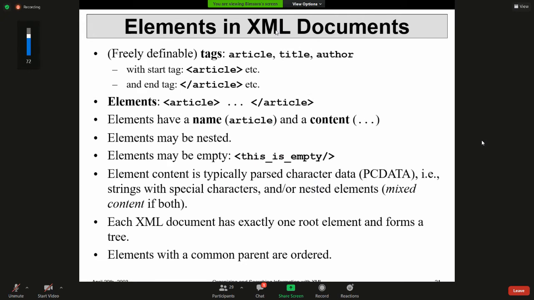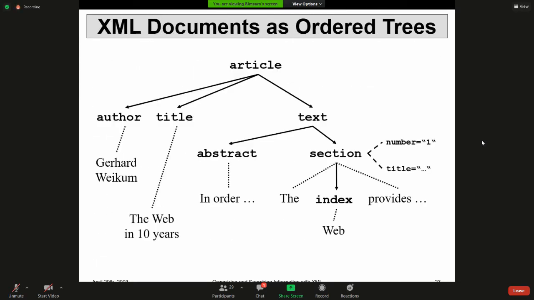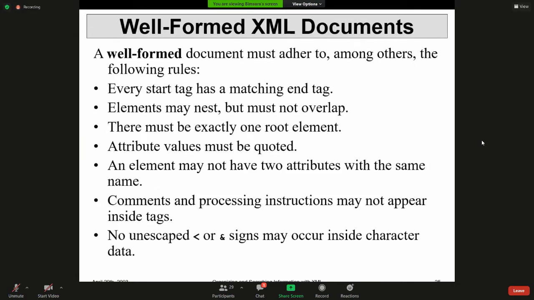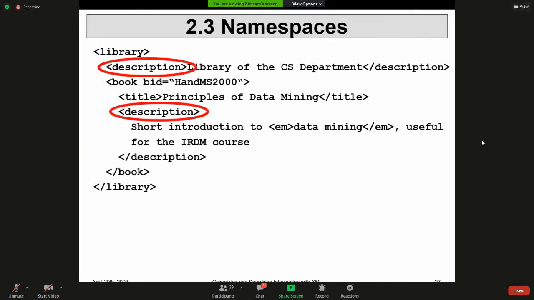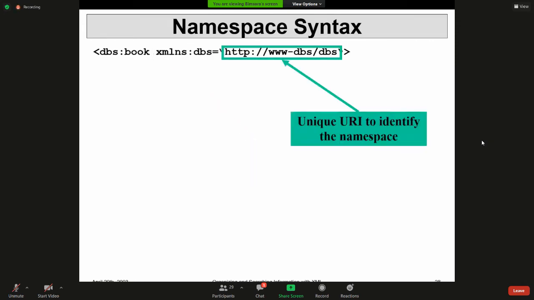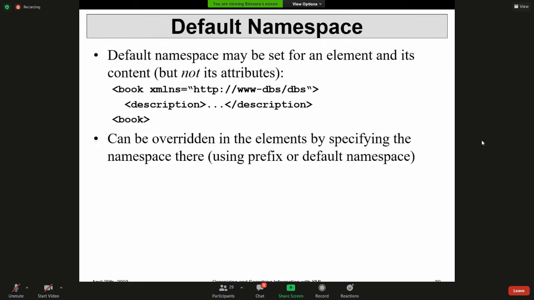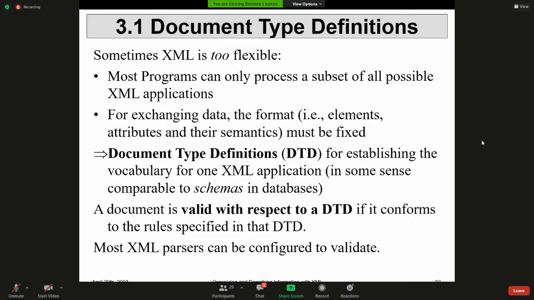I hope you understood these basic things about XML, and I really hope that you went through this again after the lecture. Namespaces and these things, right? So anyhow,